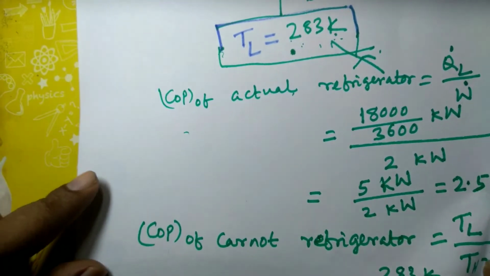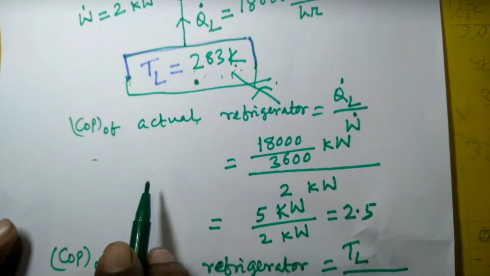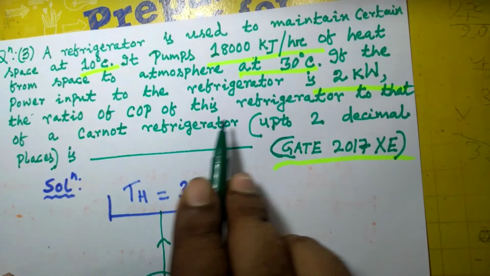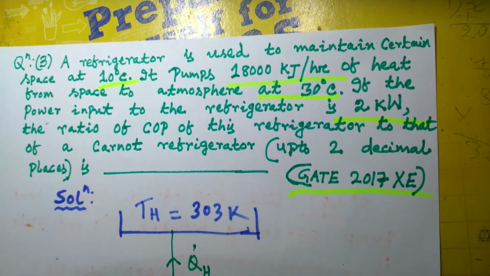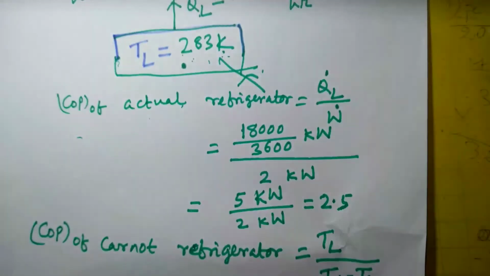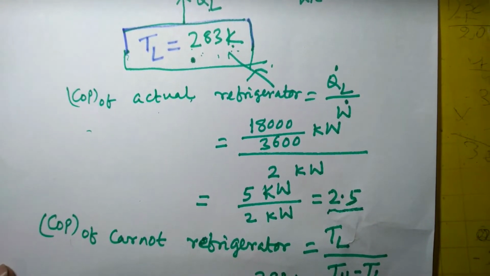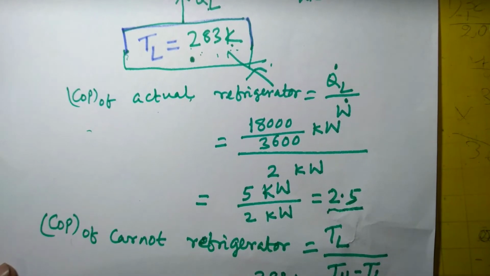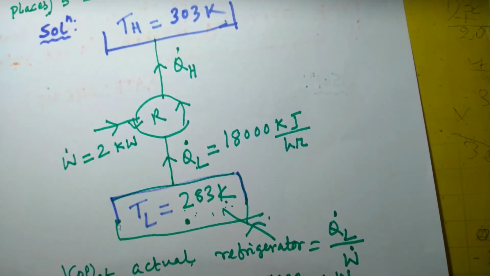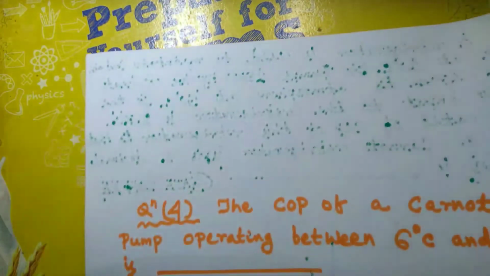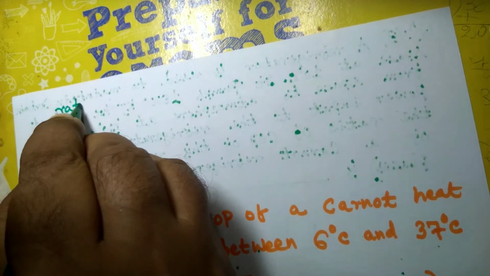14.15. So the question is to find the ratio between these two: the COP of this actual refrigerator to that of a Carnot refrigerator, up to 2 decimal places. The COP of the actual refrigerator is 2.5 and the COP of the Carnot refrigerator is 14.15. Obviously the COP of a Carnot refrigerator and Carnot heat pump between two given temperature limits is always the highest. So that COP ratio will be